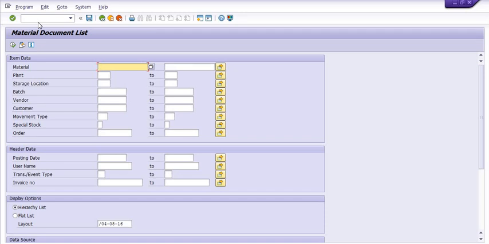Okay, so for example, if you want to get a particular material's consumption history, then you can fill in the material code. Otherwise, you can fill in your plant code.